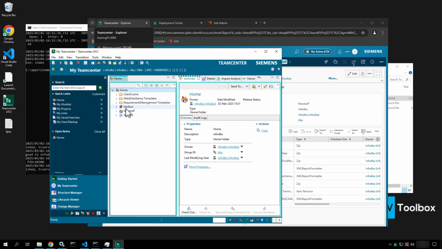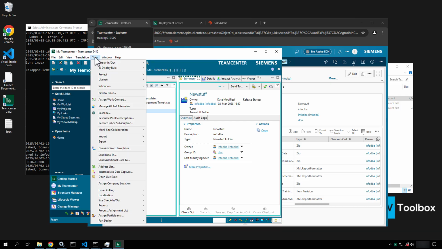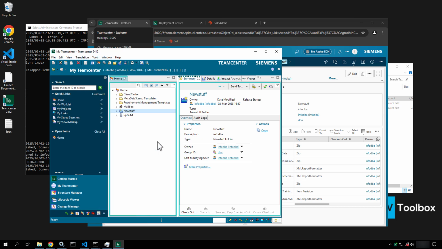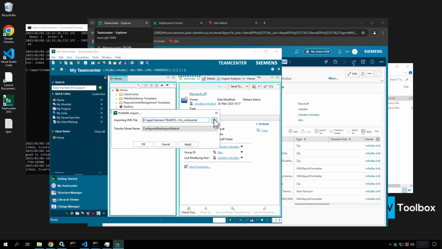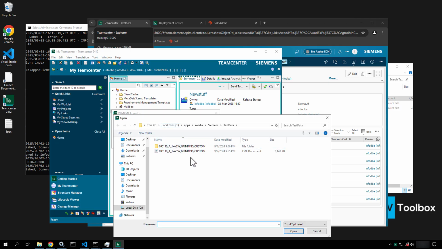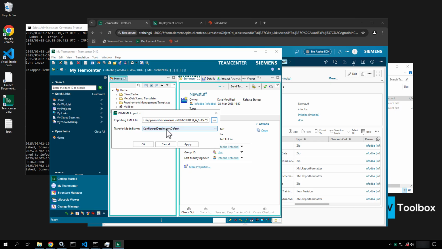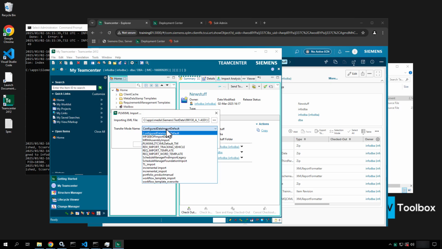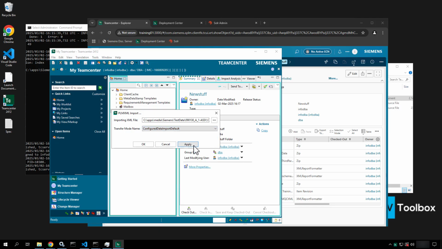Now you can choose the new stuff folder, but go to the top and choose Tools, Import, PLM XML, and then in the PLM XML dialog, go find that file. So here's the file, hit open, and here is the list of transfer modes, and I just want the configured data import default. Hit apply, and you'll see down at the bottom corner,